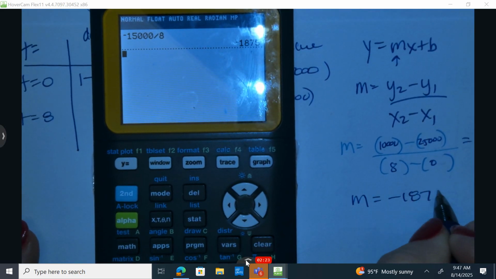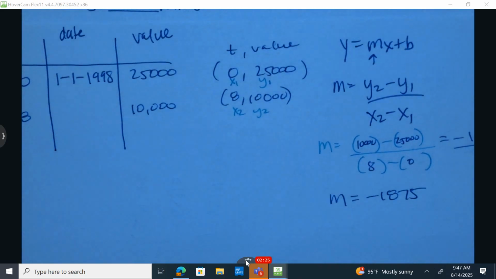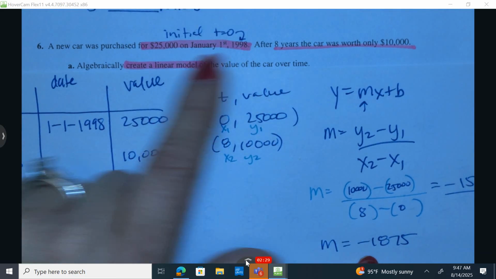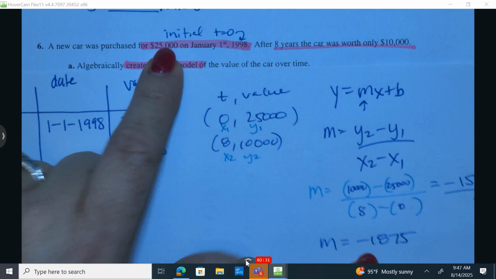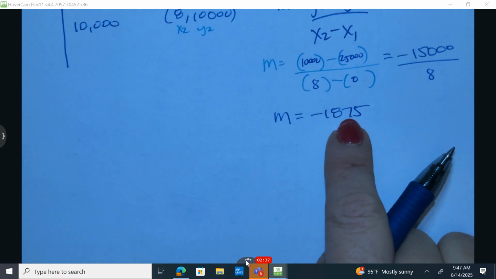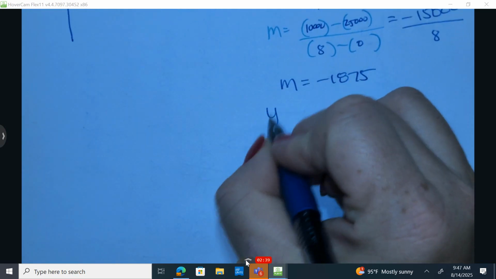What does this mean? Just so you understand the context of the problem. This means between 0 to 8 years, the first 8 years of this car, on average, the value decreased by $1,875 per year. That's what that means, just so you understand. Okay, y equals